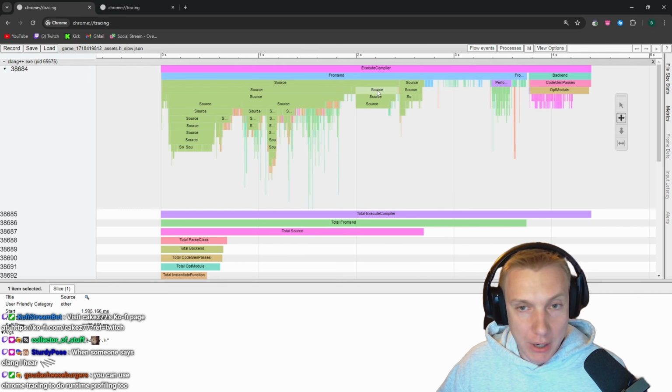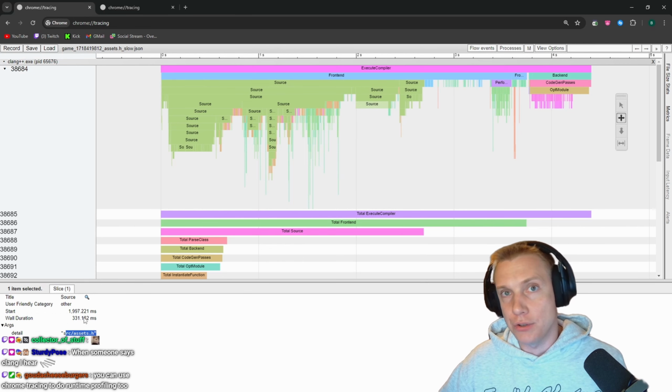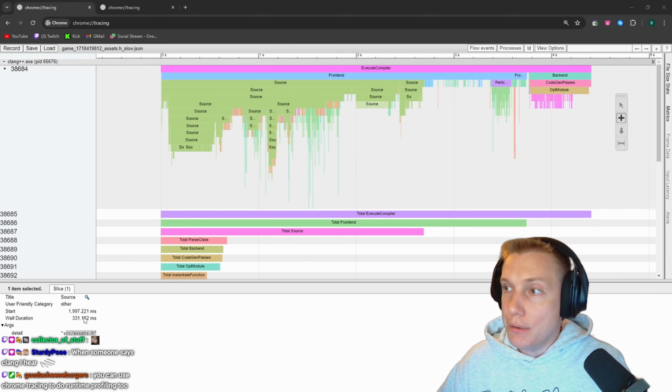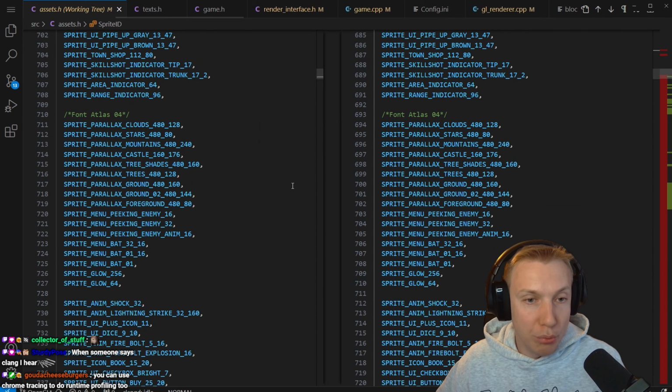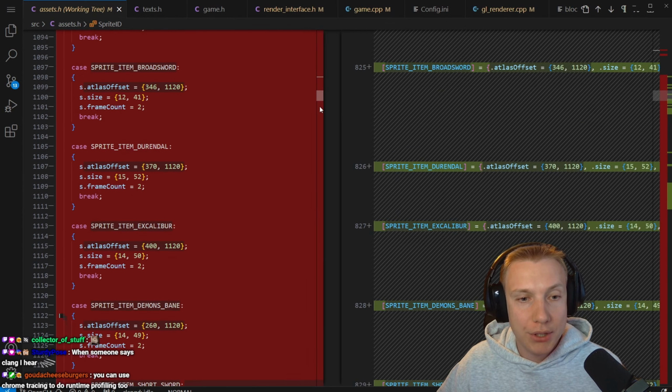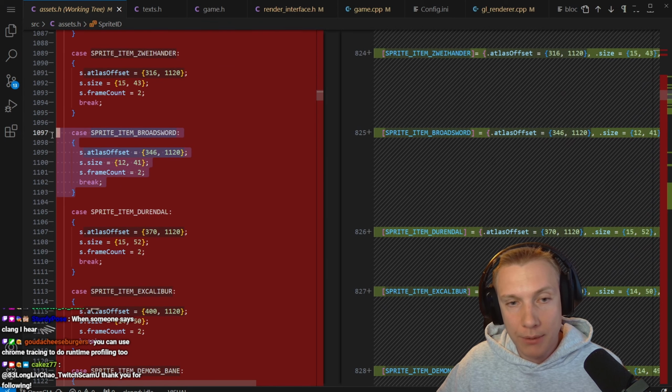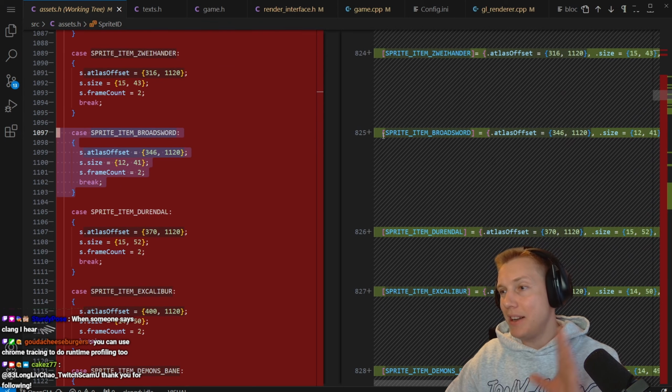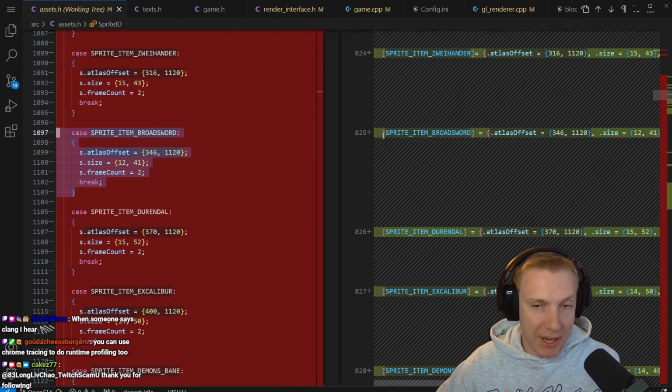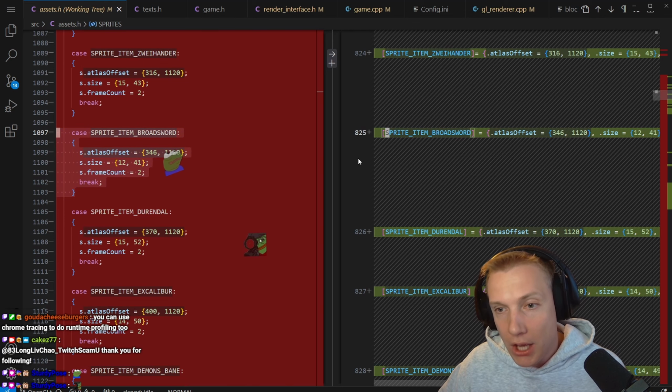If I remember correctly, that was under the tile editor, the rendering interface. The assets.h file took 300 milliseconds to compile. And I narrowed it down in this case to being this ginormous switch case statement right here. And so in C++ 20, 21, whatever that version is you need to have, you can do